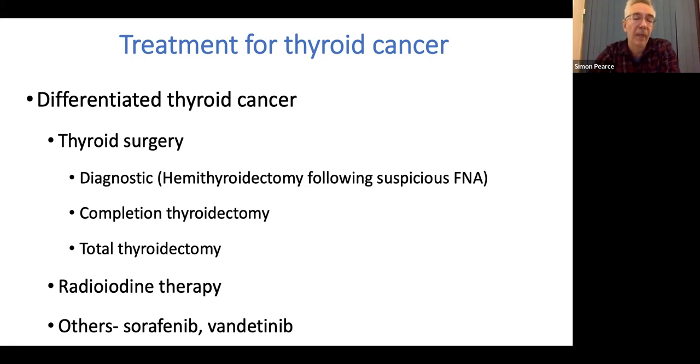Overall, 5 to 10% of people, the disease will come back. It's not very common though. And then depending if it comes back just in the neck, you might be offered more surgery, or if it comes back with spread to different organs, the bone or the lungs would be the most common sites, then you can be offered some of these kind of inhibitory treatments, which is like tablet forms of chemotherapy to shrink the